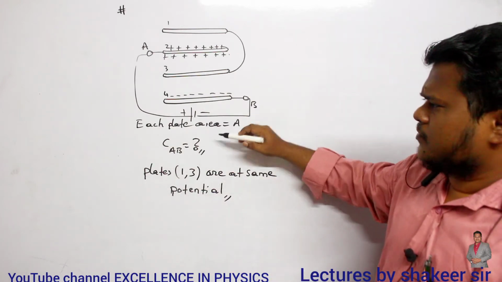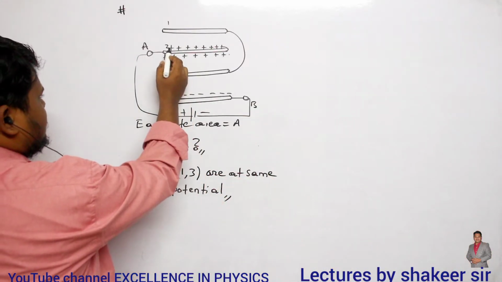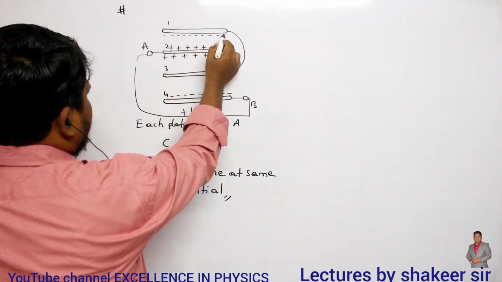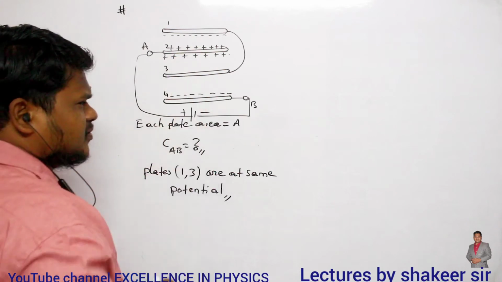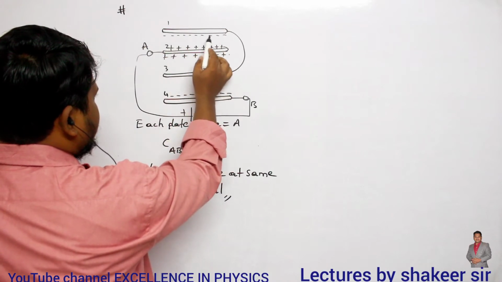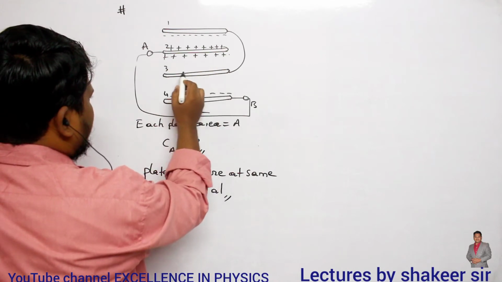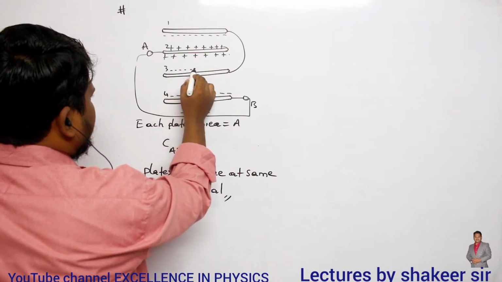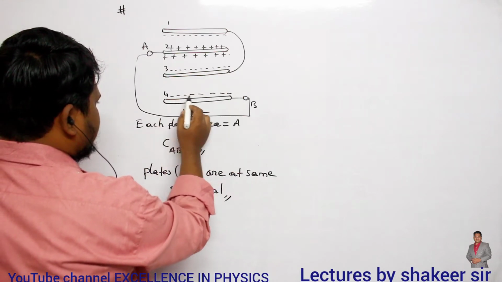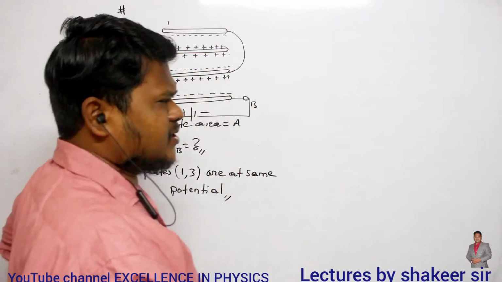So if these charges are given by the battery, what will be the induced charges here? Induced charges are like this. If this side of the second plate is positively charged, then this side of the first plate will be negatively charged. And the charge distribution will also be equal. So if a charge of q is present here, exactly minus q will be induced. Similarly, if this is positive, then plate number 3 should be negative. And if the fourth plate on this side is negatively charged, this side should be positively charged. So this is the arrangement of charges.